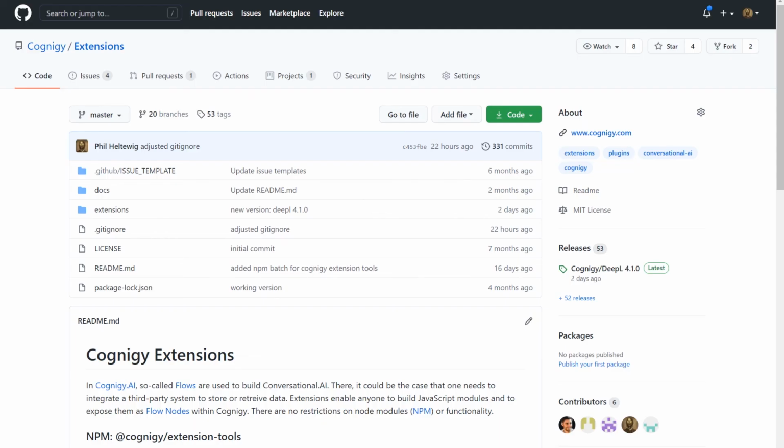I'm sure this was a lot to take in already, and you can get a glimpse of the amazing things that you can do with the Cognigy extension framework. You can create your own nodes that not just make it easier for business users to interface with systems or expose certain types of functionality, but you can even determine the way that the flow is executed and a lot more. Now, we've only really scratched the surface of what you can do today, and you can take a look at all the extensions that we have in the GitHub repo, as mentioned earlier.